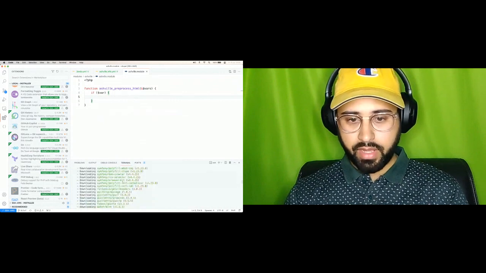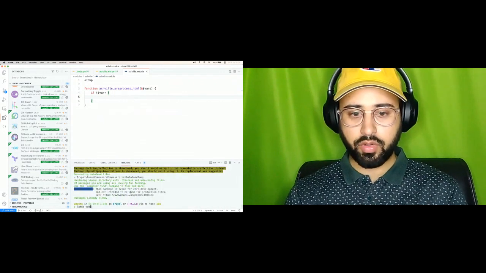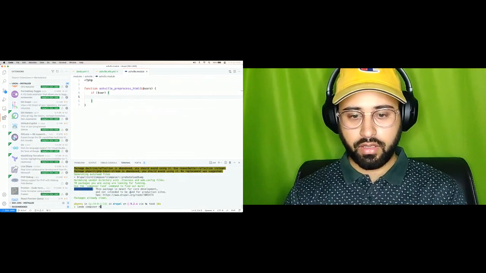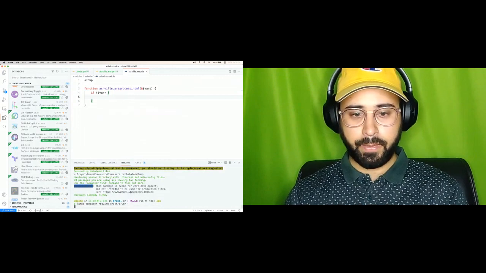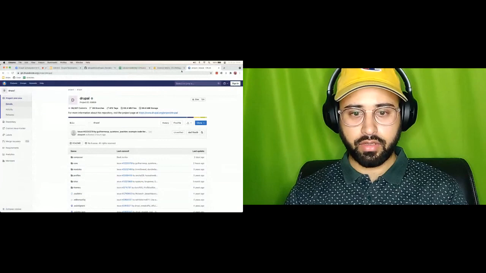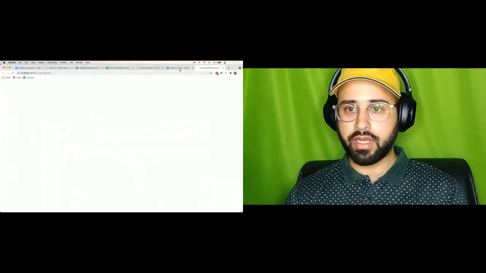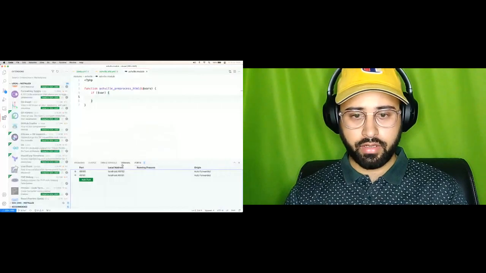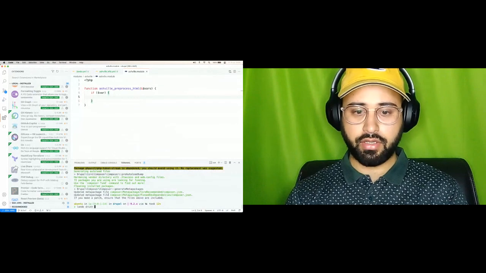Okay, going back here. So we have composer install done, we'll also do composer require drush so that we can use the various drush commands. We'll use this primarily to set up the site. If I currently go to the site, it says to install the site. I'll just use drush to do it. So drush is also installed. I'll do lando drush si,